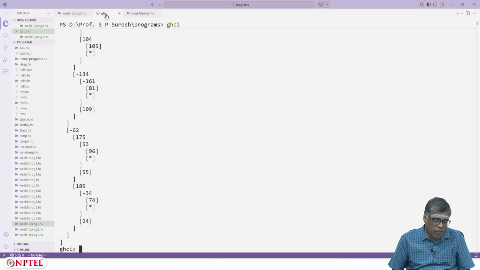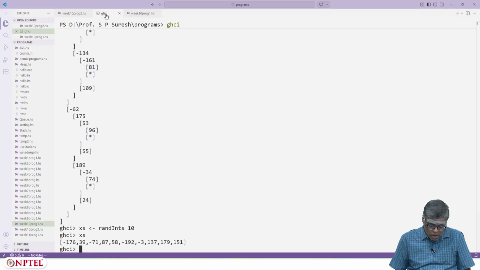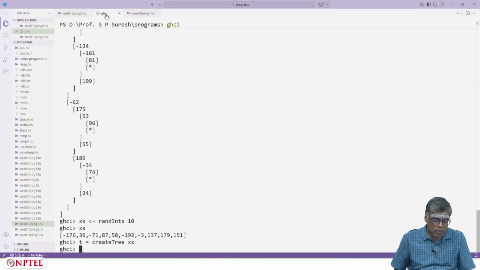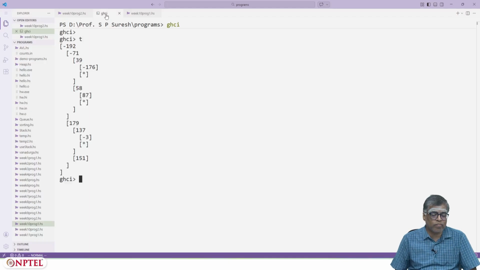And in fact, this format is not very helpful if I have 20, so let me just use 10 elements. xs is this. I can say t equals createTree of xs. And if I try to print t, it will look like this.